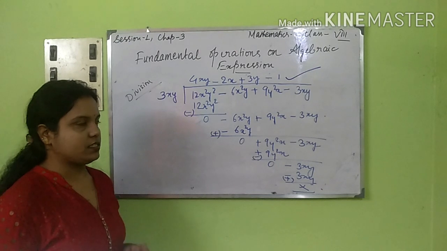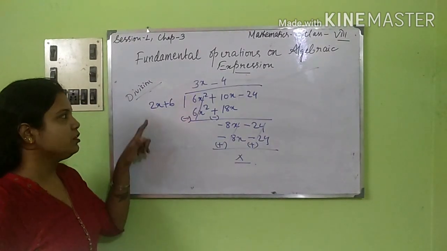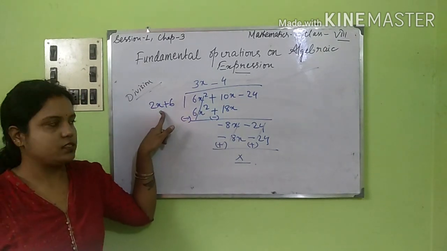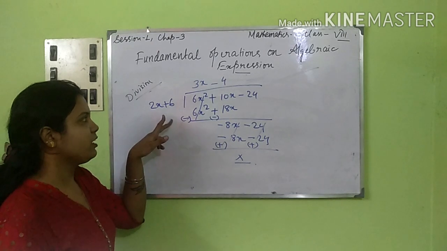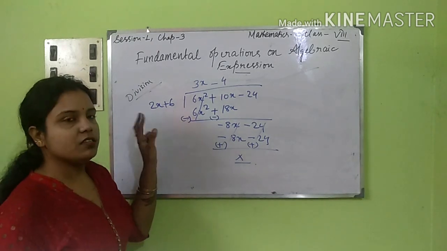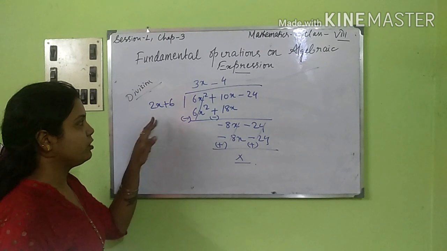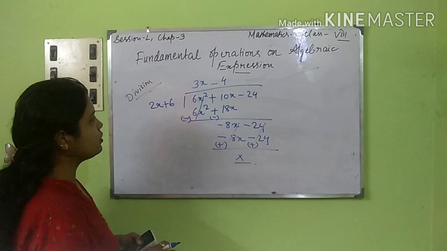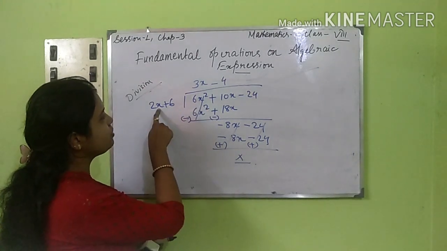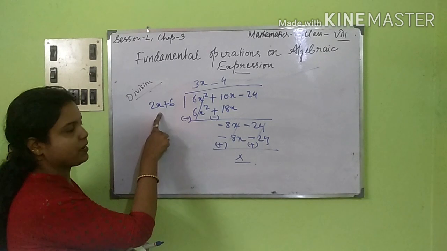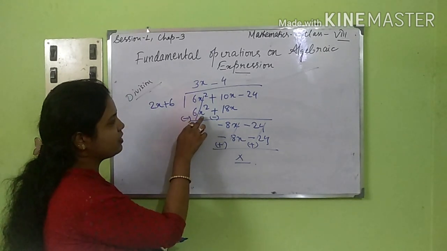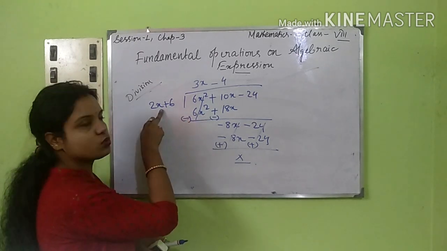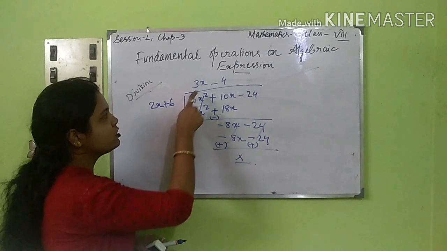Okay. Next. Now I have come up with another example. You can see (6x² + 10x − 24) divided by (2x + 6). Now I have already done the sum for you. Just check. In the last example, it was only a single term that I was using to divide, right? Here there are two terms, so we have to divide equally by the two terms. So first, to get 6x², I need to take a term with which 2x can be multiplied. Here it is 6x², that means 2 3s are 6, and there is x². Here it is only 1x, that means another x has to be multiplied. So we are taking 3x.